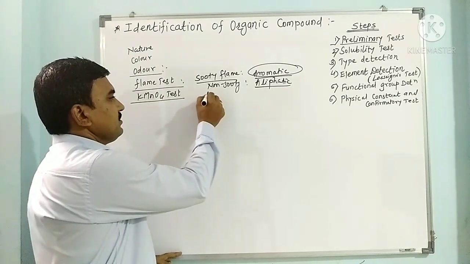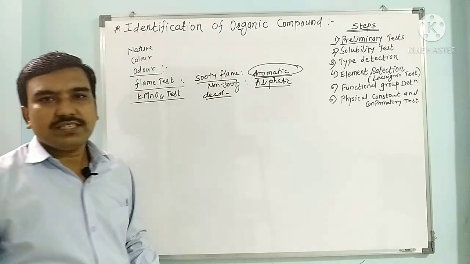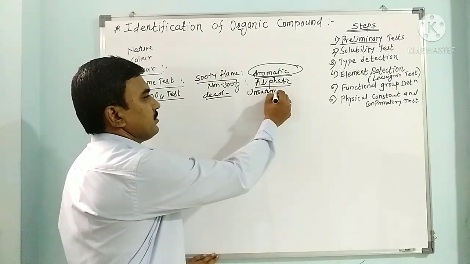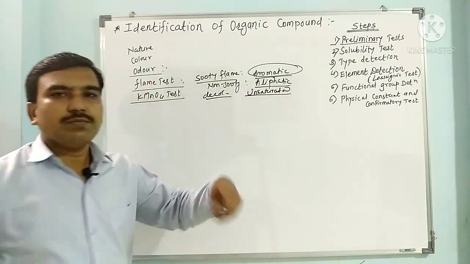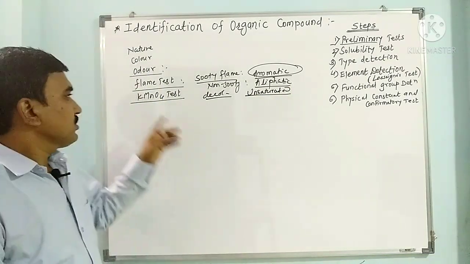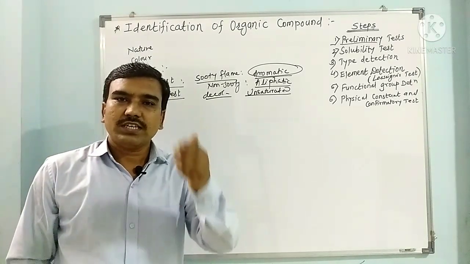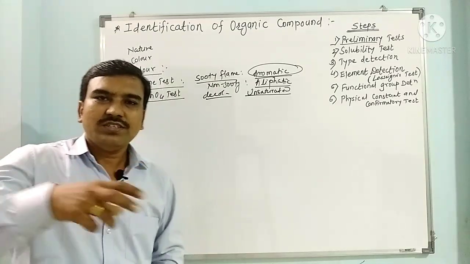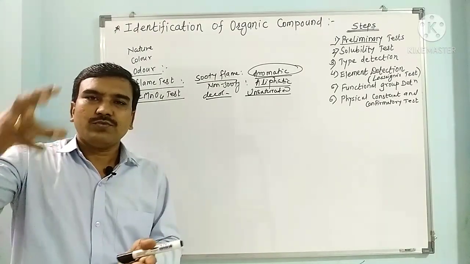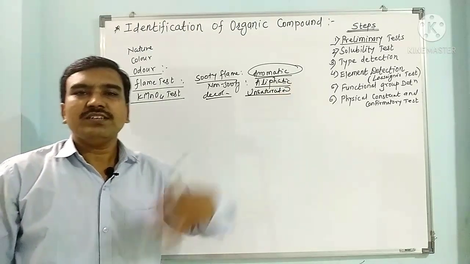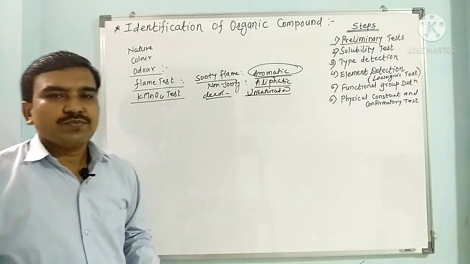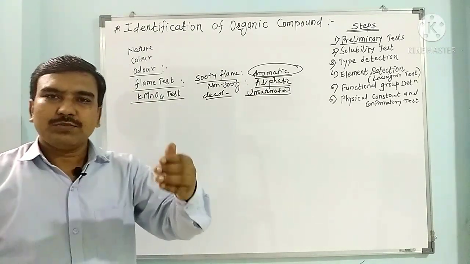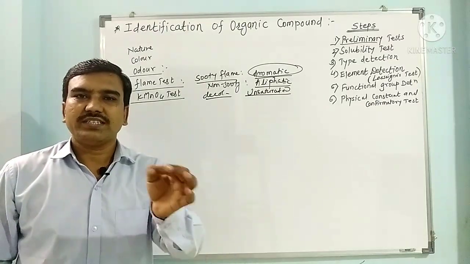When we have decolorization, then we can say that an unsaturated compound is there, or a compound that can be easily oxidized with the help of the oxidizing reagent, that is KMnO4. Means when the pink color disappears, due to the presence of unsaturation, KMnO4 gets consumed, or it adds across the multiple bond and can give an oxygenated product, that is a 1,2-diol, or if it undergoes oxidation, then we can get the oxidized product. So the KMnO4's color disappears. This is called decolorization.